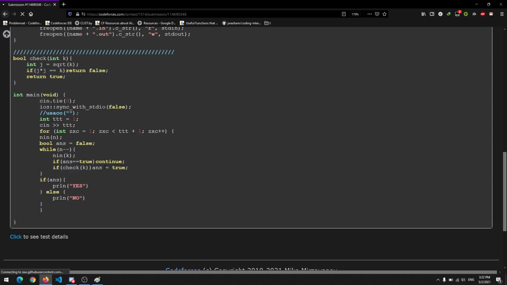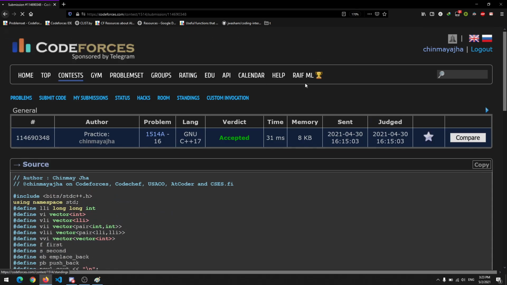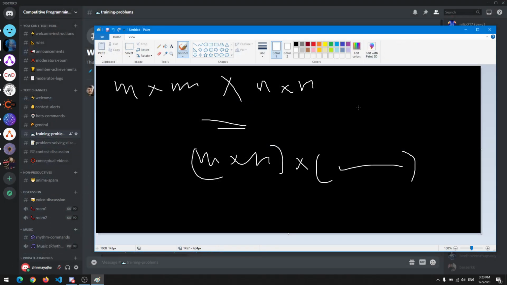If it returns true, I made a temporary boolean variable named ans, which is set to true. We found one non-perfect square, so we don't need to check the entire array again, because one element is also a subarray, right? So one element is enough to suffice our needs. So I just continue until I reach the end of the input. Okay, so let's move on to the next problem.